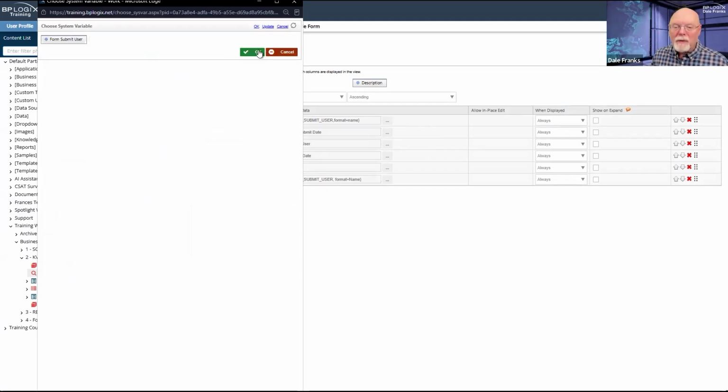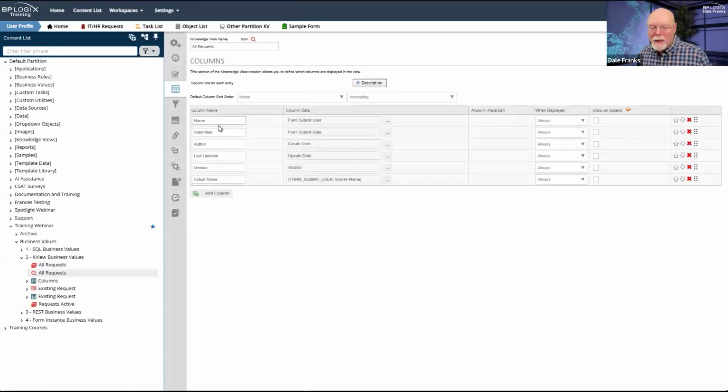So even if I put form submit user, that column is going to want to return a GUID. So I have to go to the second or other column, like I did here with actual name, and then I can just set form submit user format equals name, and it will return the name for me. So that is one of the stumbling blocks you have to work through.